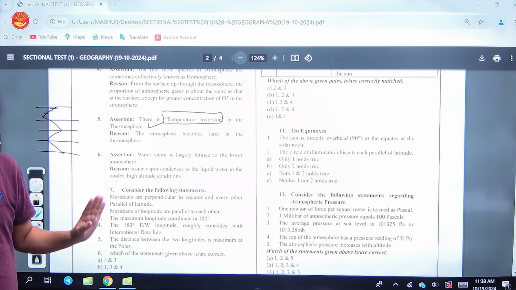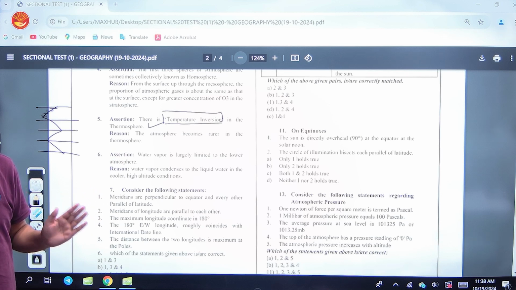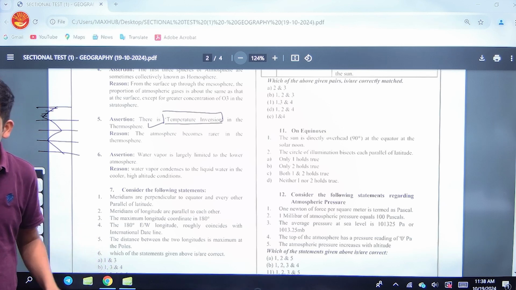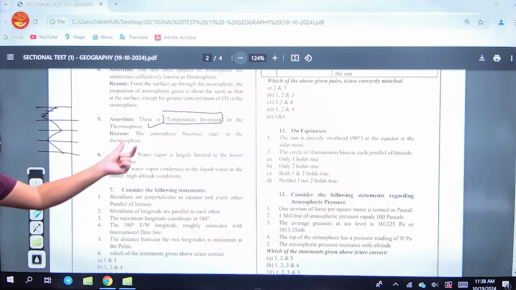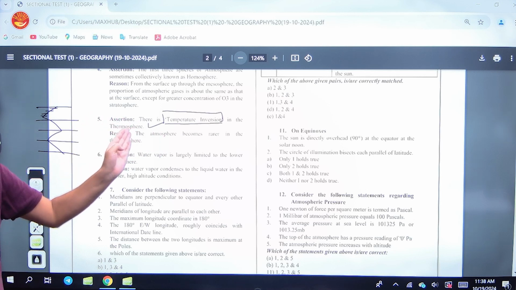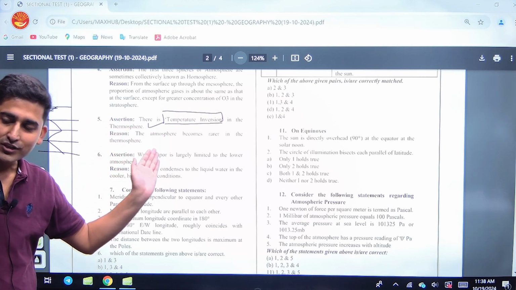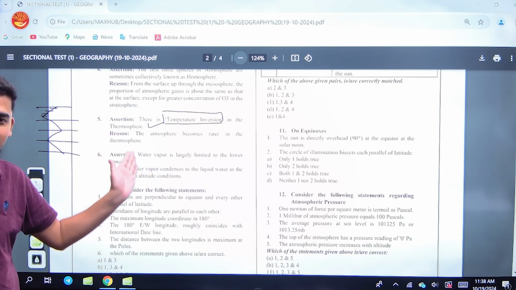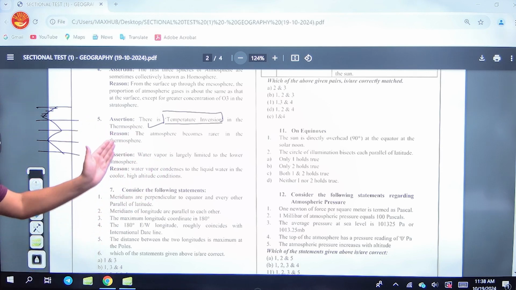नहीं ना किया था मैंने, तो कहाँ क्या मिलेगा उसमें? नहीं मिलेगा, कुछ नहीं मिलने वाला। I have never used this word. Temperature inversion हमने बाद में किया है, but if you know the concept of temperature inversion, then you can apply it here. This is the cross linkage, इस पर्टिकुलर चीज को कहते हो क्या? Cross linkage, ठीक है। You should be able to link the different topics, ठीक है।